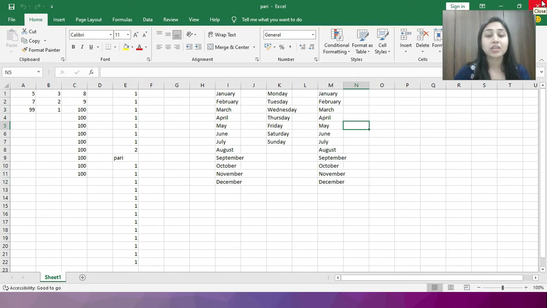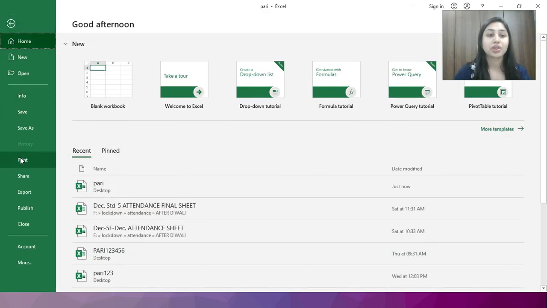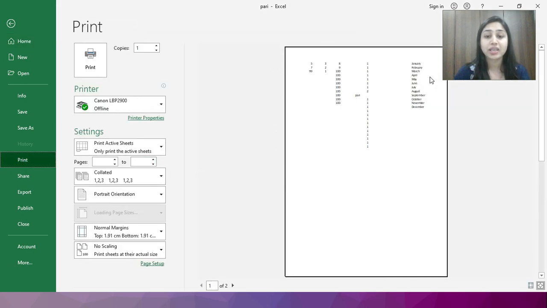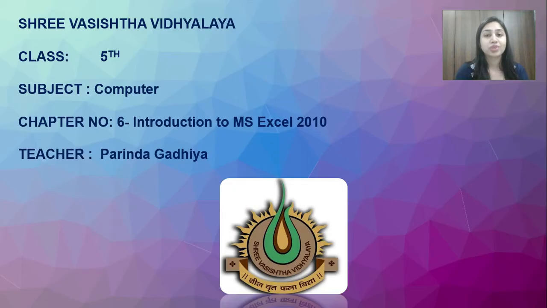Okay, now last practical is, students, how to print a sheet. Okay, so for example I want to print this sheet. Okay, so select the file menu, click on the print option, and you can see in the preview how your sheet will print on the blank page. Okay, select the number of copies from here and click on the print option. Okay, your sheet will be printed on your blank page. Got it? Clear?